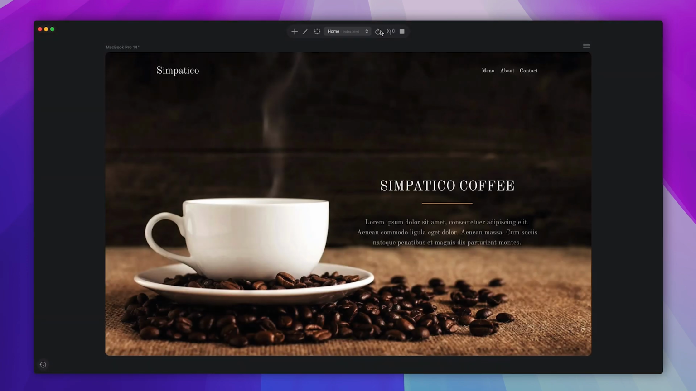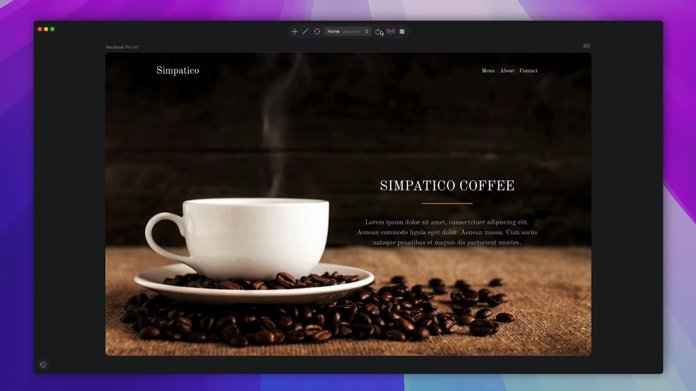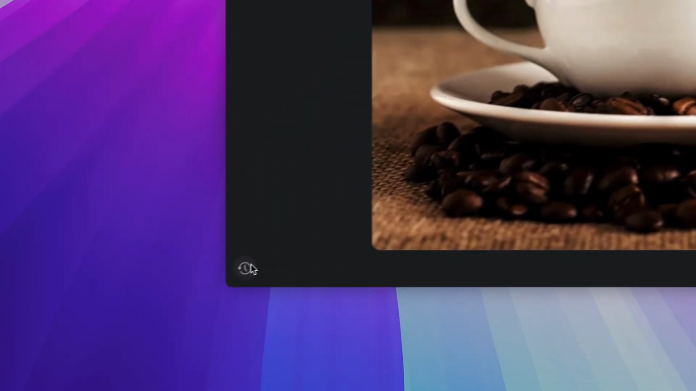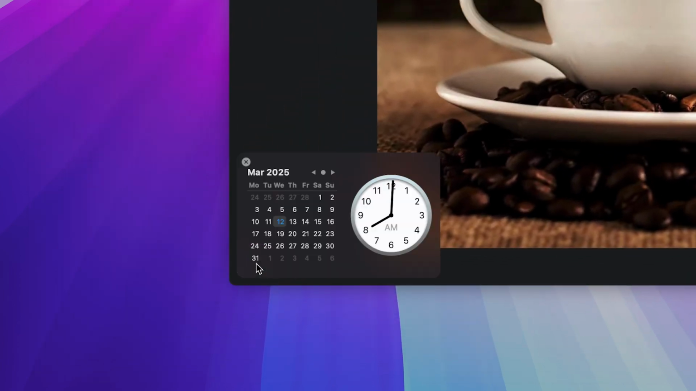If I switch to preview mode, you can now see that the information card is no longer visible. That's because it's currently 8 a.m. when I'm recording this video. If I head down to the bottom left corner of the preview canvas, I can open the time and date simulation options. These let me emulate a specific time and date, which is exactly what I need to test this